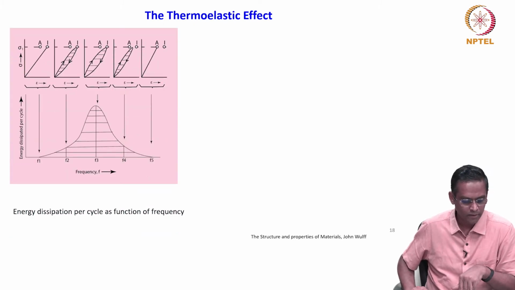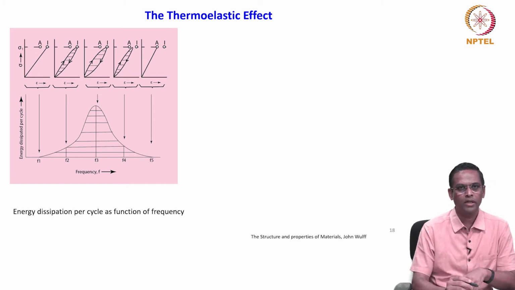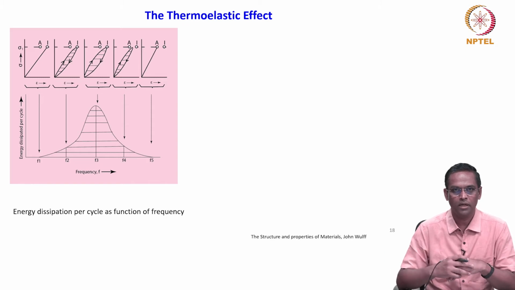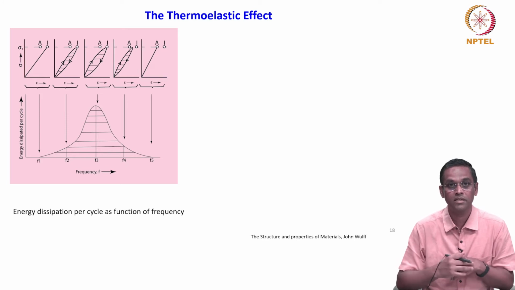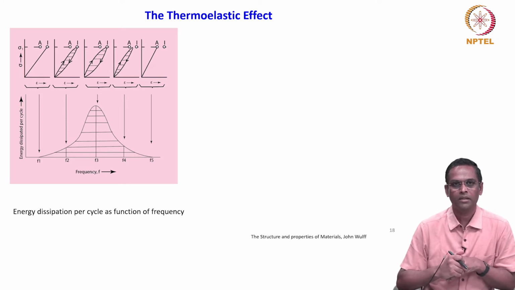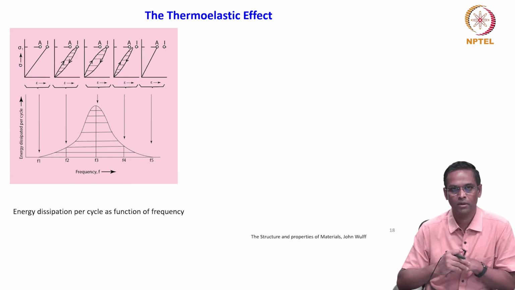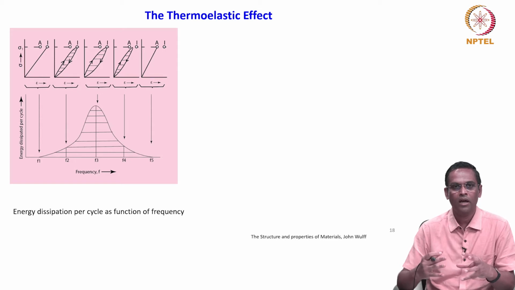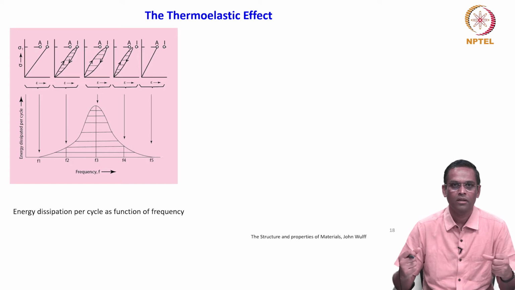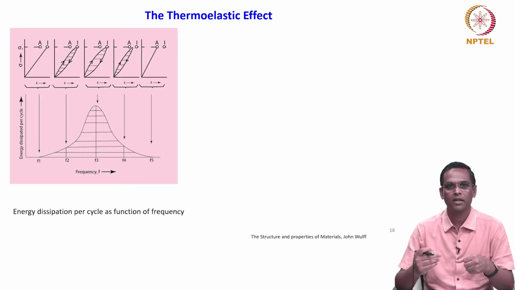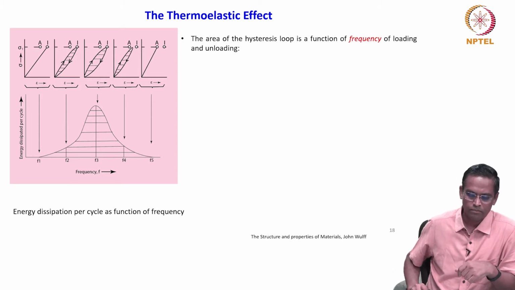We will look at some of the case studies. So, what is shown here? The energy dissipation per cycle as a function of frequency. We were talking about loading, unloading, this kind of hysteresis loop. We arrived at a physical meaning of what the elastic energy hysteresis loop is, but that has to happen at a particular frequency. So, what is the frequency at which things will happen, or in other words, at what frequency the maximum energy dissipation will happen? That is also important, depending upon what you are looking at. So, this is what we are going to discuss now.